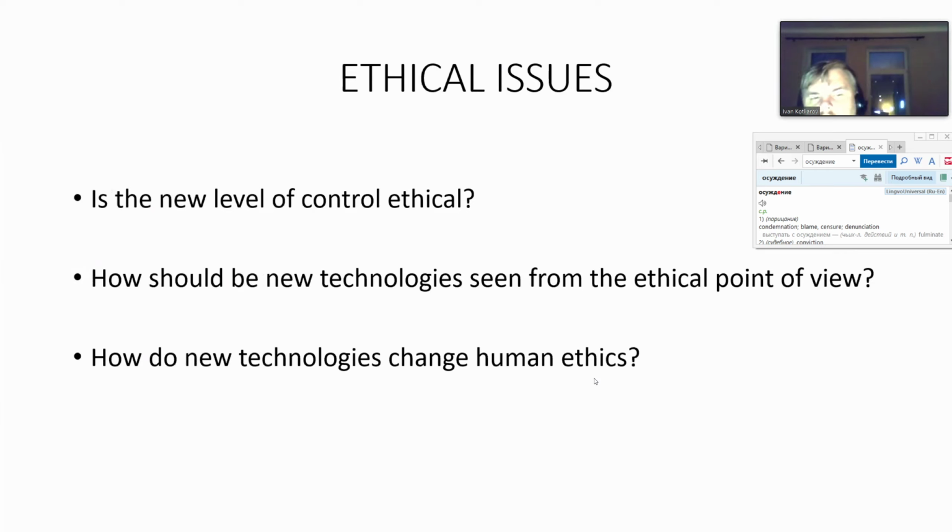So now let's go to the ethical issues. Ladies and gentlemen, the first problem which can be discussed is: is the new level of control ethical? Is this total control of human personality, of human privacy ethical? The second question is how should new technology be seen from the ethical point of view? And obviously the list is not exhaustive. How do new technologies change human ethics? I will elaborate a little bit on this